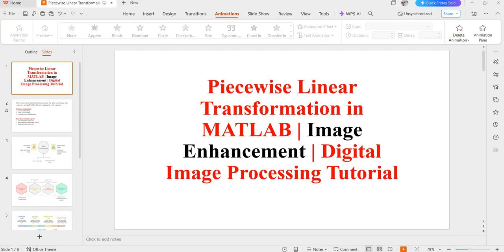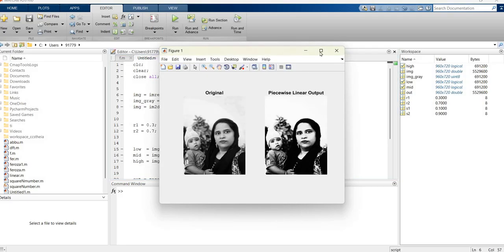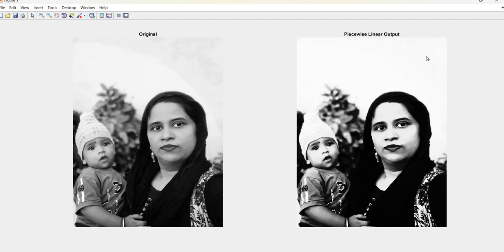Now we will see the MATLAB program for this. Already I have copied the program here. Just will run it. See, this is how you get the